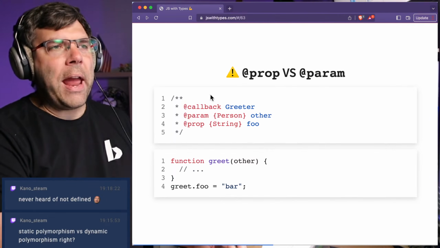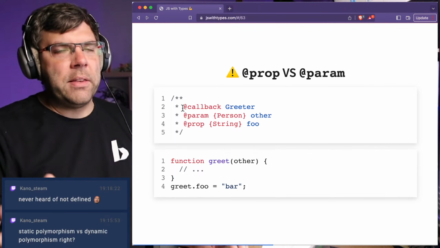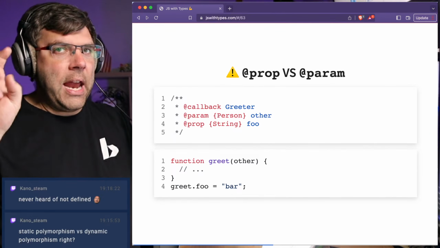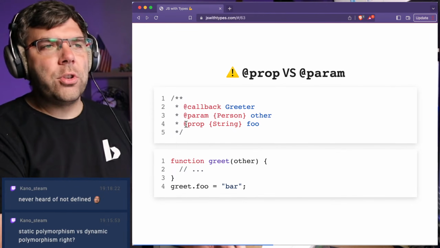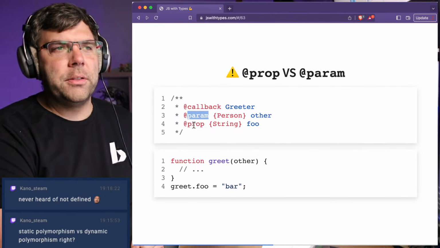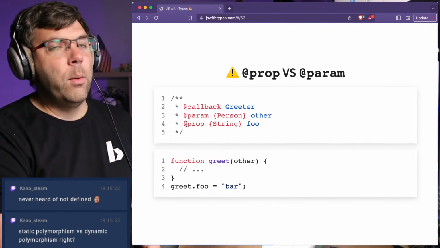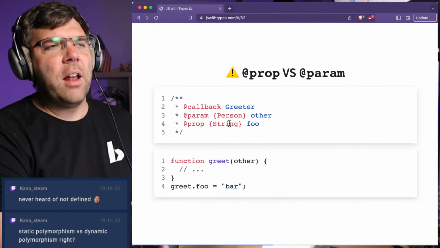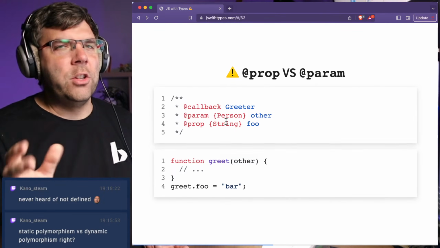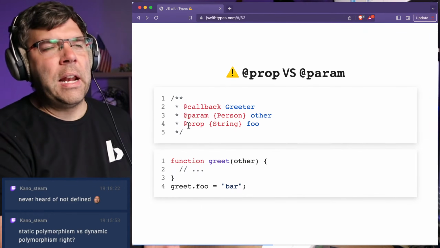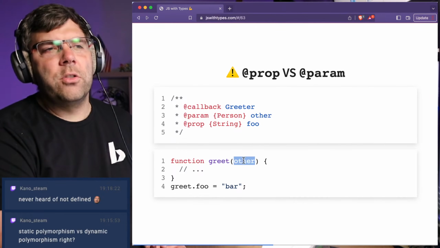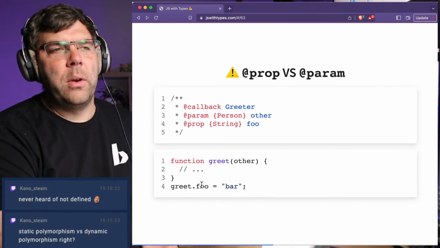So @prop versus @param, I just wanted to make this clear. In JavaScript, a function is also an object. A function inherits from object, and so a function can have properties. So you can document a function that has both parameters and properties. Actually, I don't know if that's true. It won't give you a syntax error. I have not personally tried this myself because the use case for this is very, very unusual. But JSDoc allows it, and I'm not sure whether TSC supports it or not. But yeah, you could have a function that accepts another, and that function also could have a property foo that's